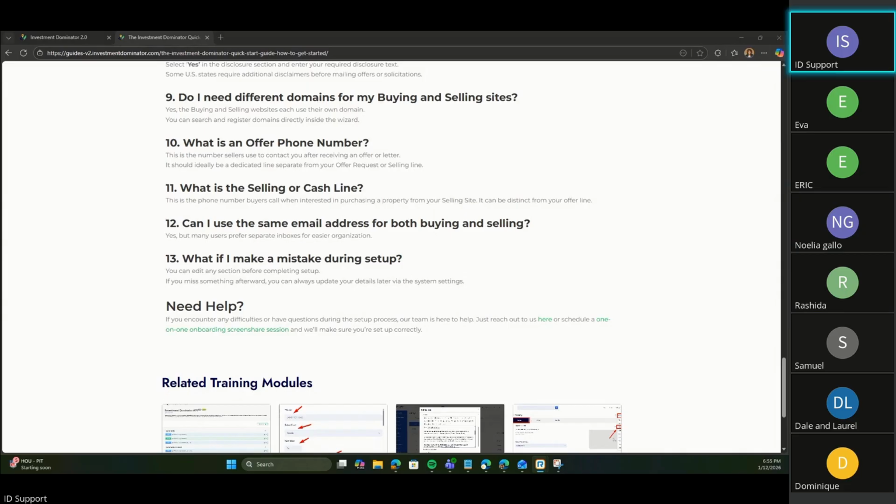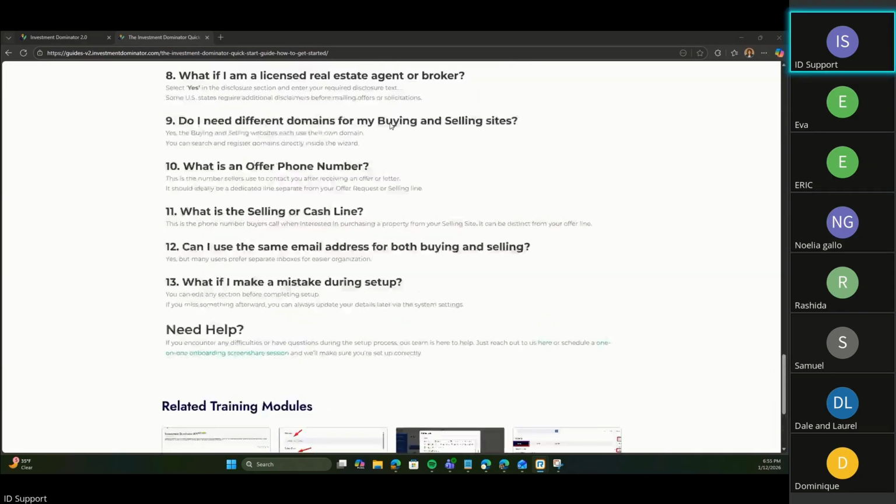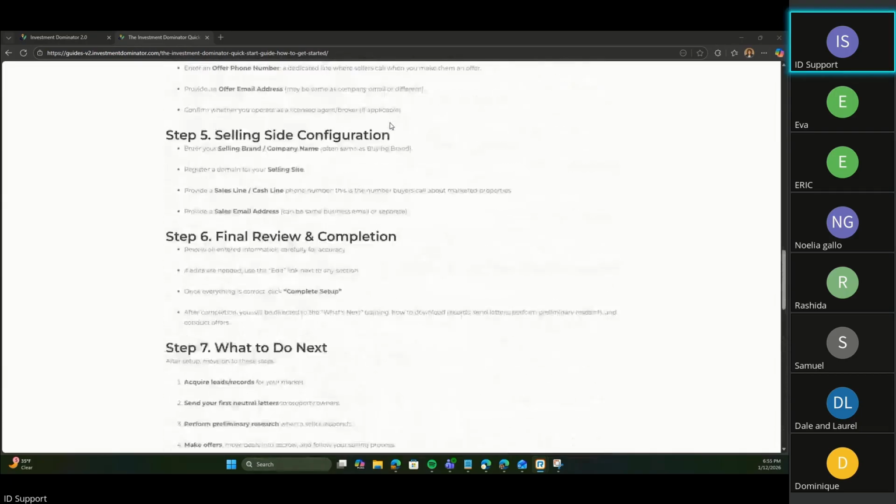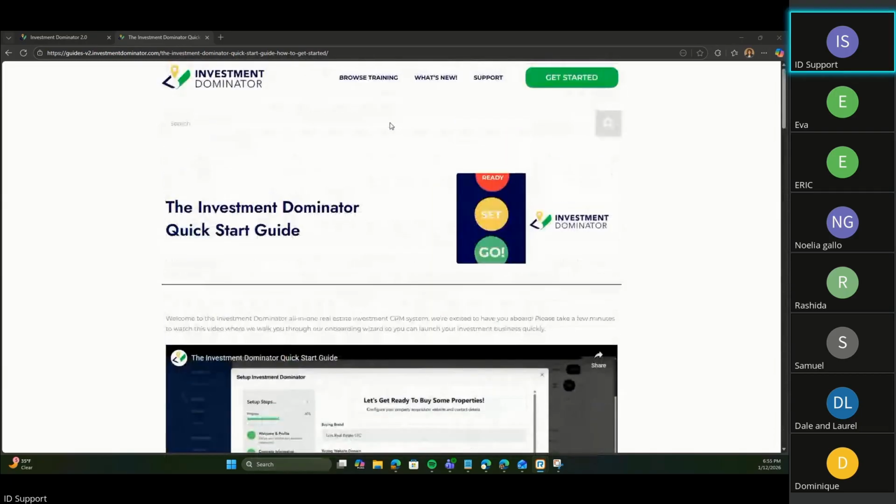Okay. So again, in the user guide, you have this information here as well. You do have another user guide in 2.0. So if you go over to 2.0 and go to help, you can get to that user guide as well.